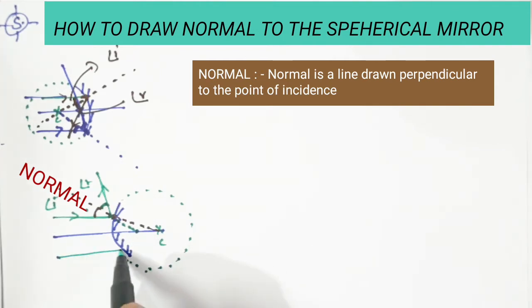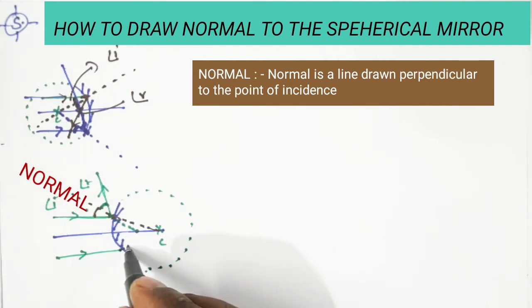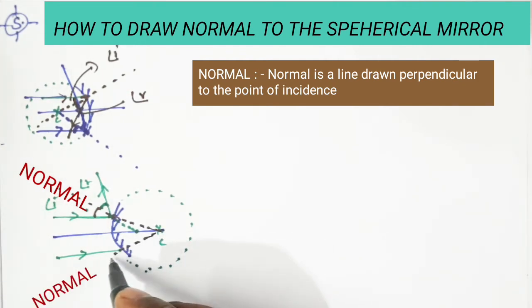If I have taken another line like this, then it is the incident ray. How will it move? To decide that, we need to draw a normal. Normal from the center of curvature means, yeah, it is a normal from the center of curvature. Here I am going to get the angle of incidence. Then how will it reflect? In this way it will reflect. Here this one will be the angle of reflection.